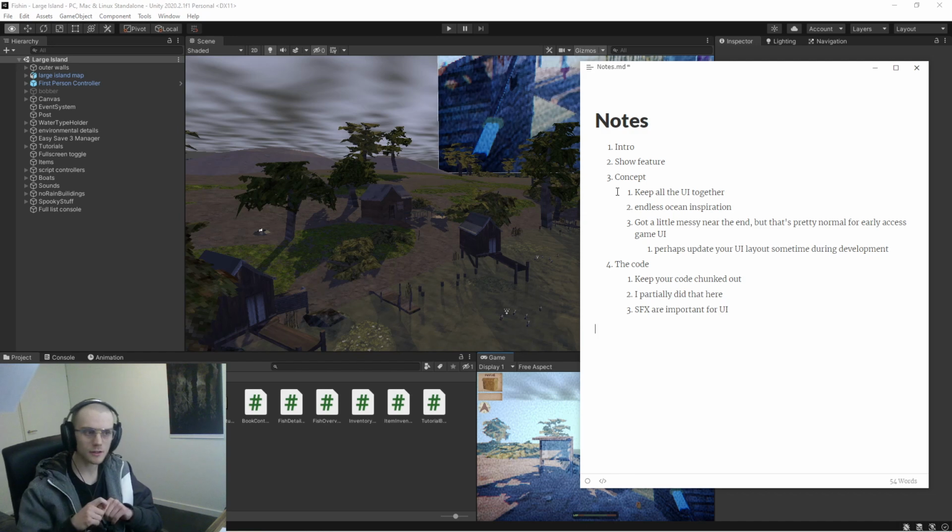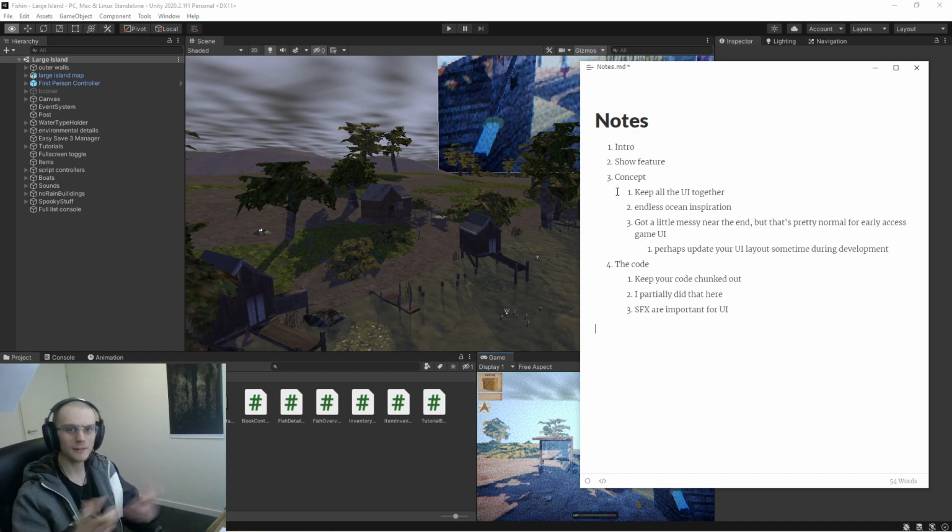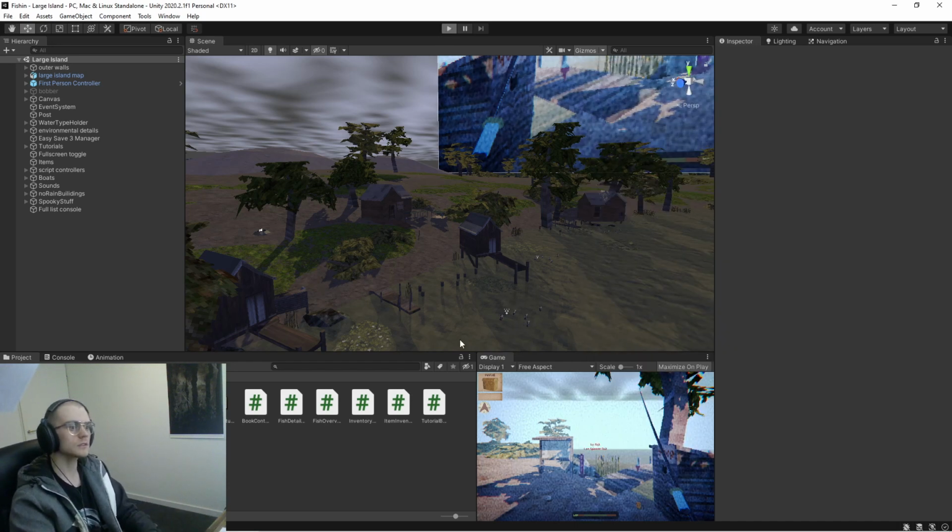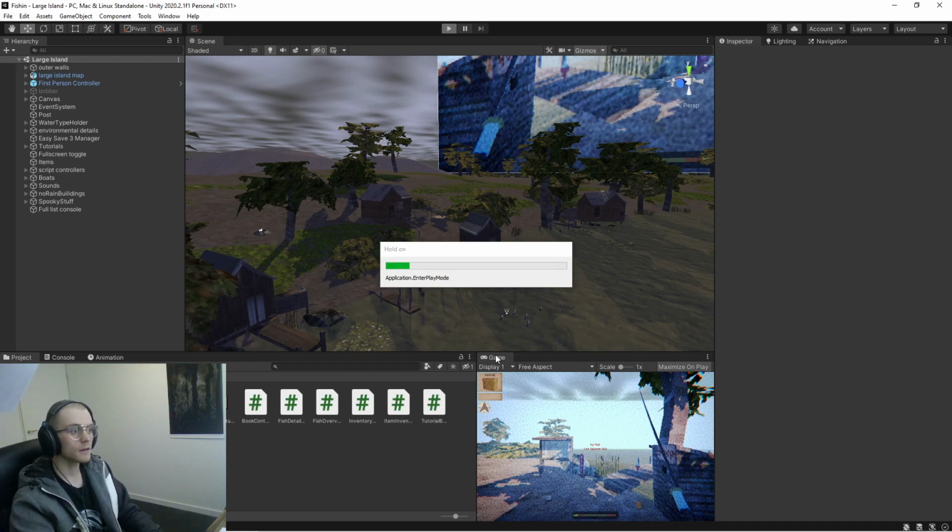So essentially, what I was talking about was it keeps all your UI together. It keeps it a little more organized. It did get a little messy near the end of development, but that's normal for an early access game. It's pretty usual that you'll add features and add features and add features and then it gets clogged up. For example, something I feel I could have done better was